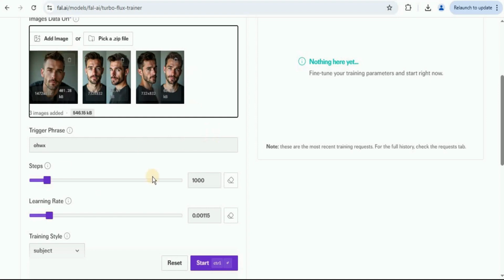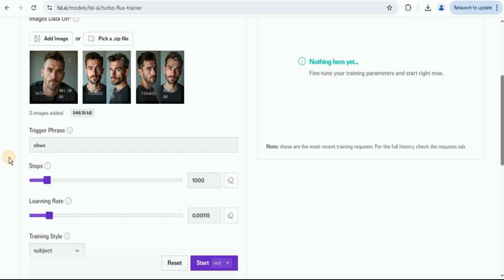Since you are training the model on this particular dataset, whenever you want to generate an image for this particular person, you can simply use this trigger phrase in your prompt, and then the model will know exactly what to generate. For this example, I'm going to give it the name X-Men. This means that whenever I use this word in any of my prompts, the model knows to generate the image based on the person on which I trained it. So the generated image will contain the face of this particular person and will incorporate all the things which are mentioned inside the prompt.